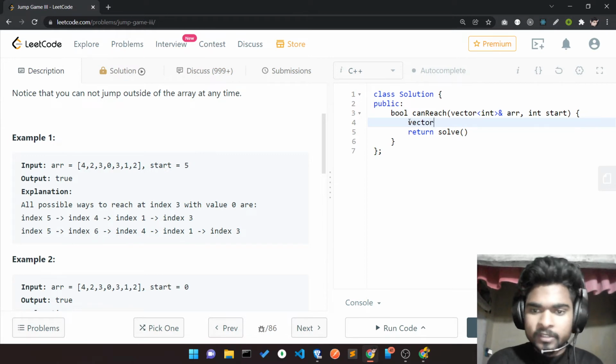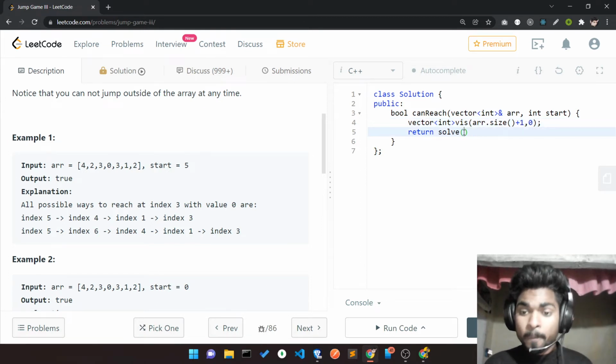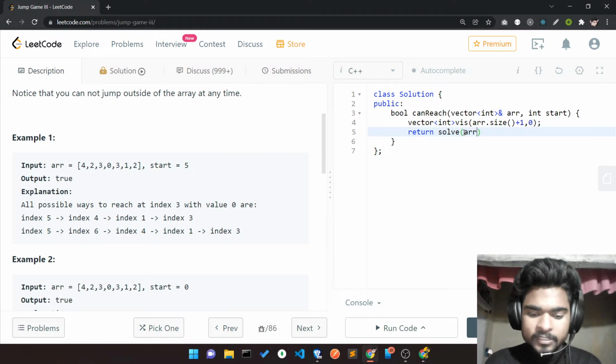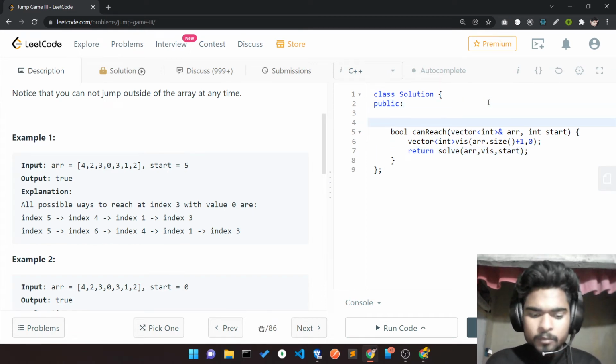So I'll make a vector of int, visited, which has the size array.size() plus 1 and is all initialized to 0. It takes the parameters: the array vector, this visited vector, and the starting index. So the function takes 3 parameters, and I'm going to make a boolean function called solve.